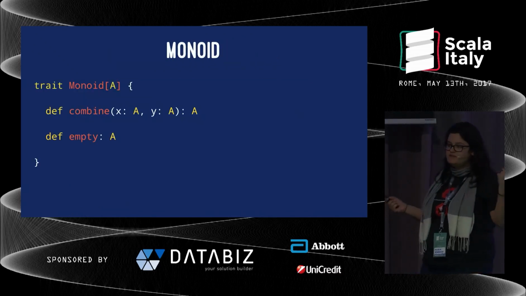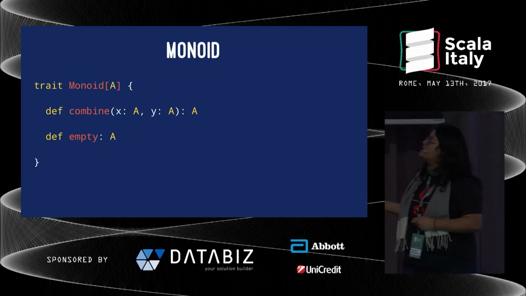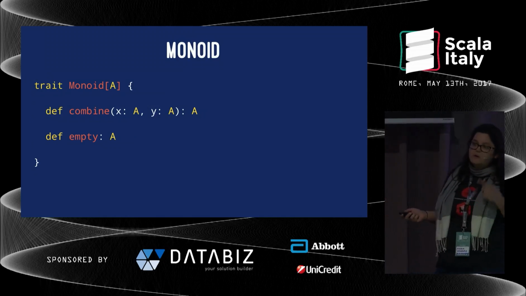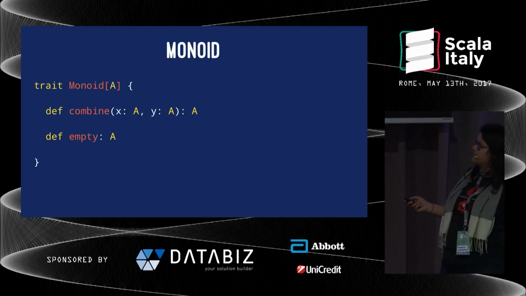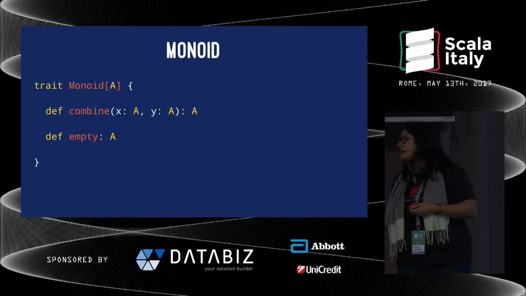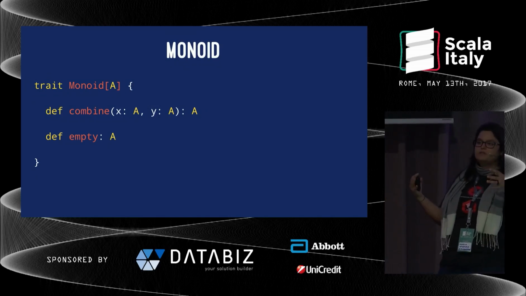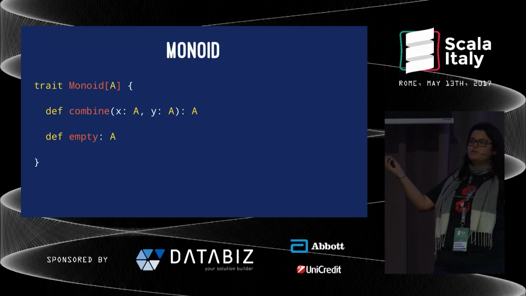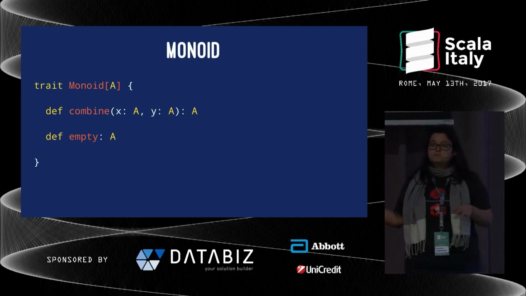So what is this? This is called, in category theory, a monoid. So this code has been adapted from Cats. But basically what we said is that we have an identity, and in Cats they call it empty. And we have an operation that, given two things, will return one thing back. They call it combine, right?